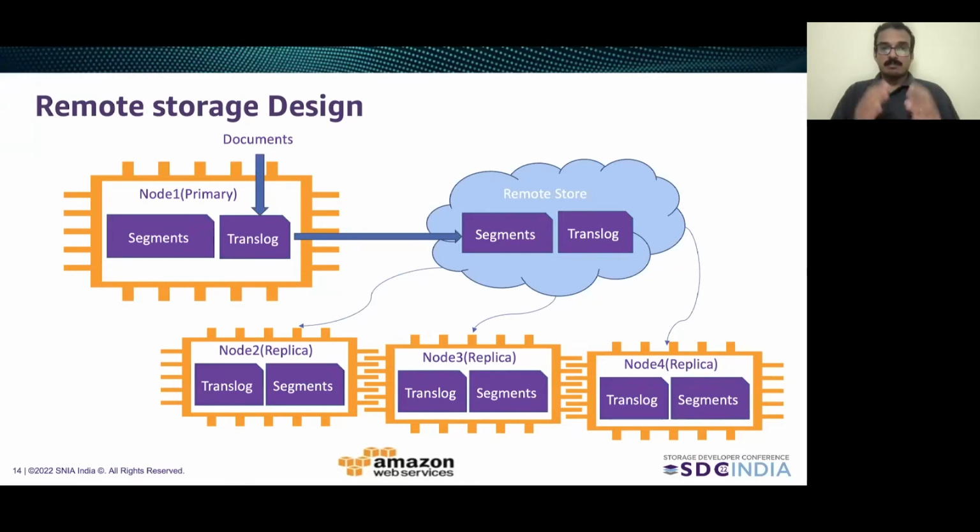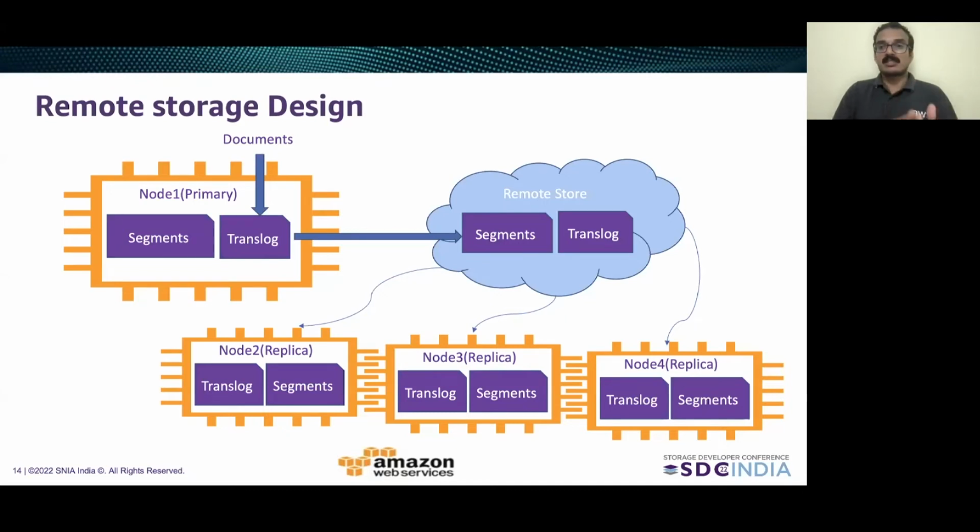So the primary node remains as such. The documents get sent to the primary node for indexing, and it writes the translog, as I mentioned earlier, for faster indexing. If the primary node fails in between, the translog is replicated to the replica node also in the earlier case. So it is persisted in multiple nodes. So in this case,